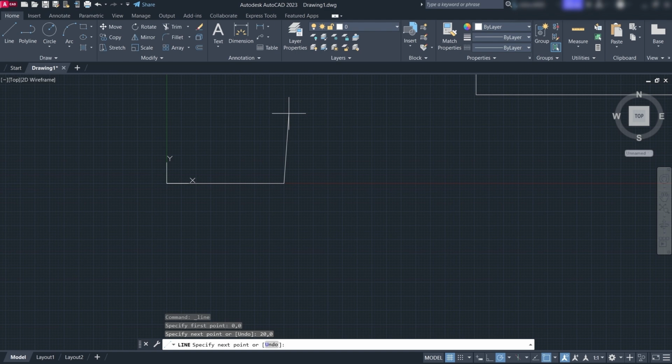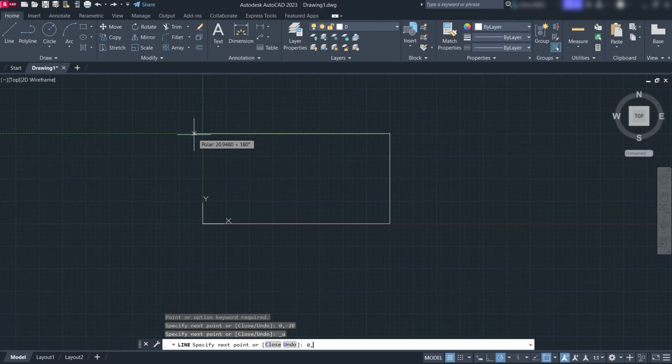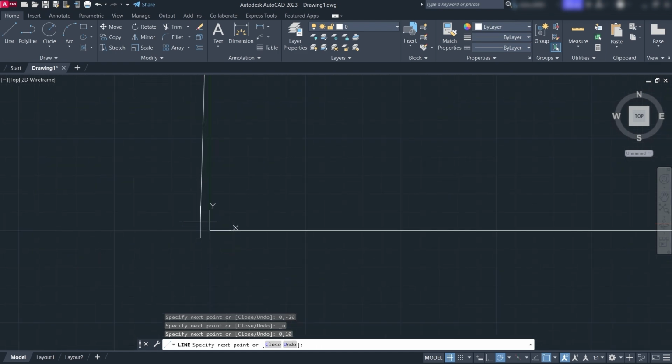Now we have to make it in the upward direction, so we will simply use 20 comma 10 and then press enter. Okay, so our next point is specified, and then we will type 0 comma 10, press enter, and then we can simply close it. To exit the command, we will simply type C here